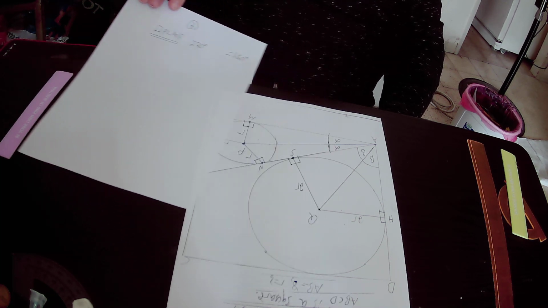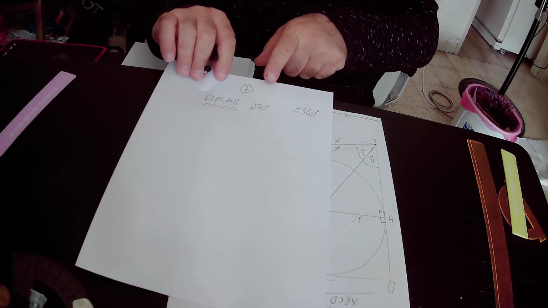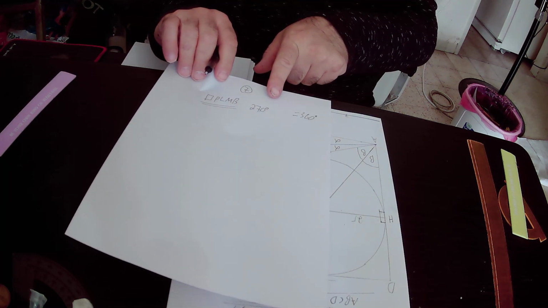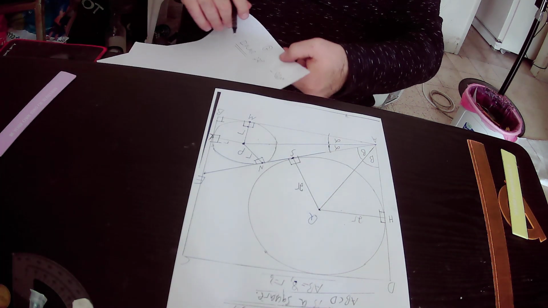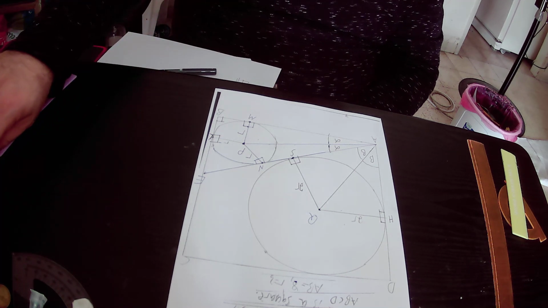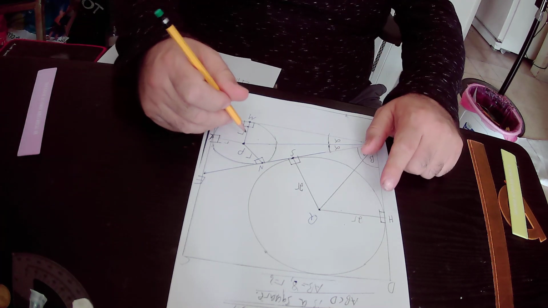But we have already three angles whose sum is 270 degrees. So if we define the fourth angle as angle Z,